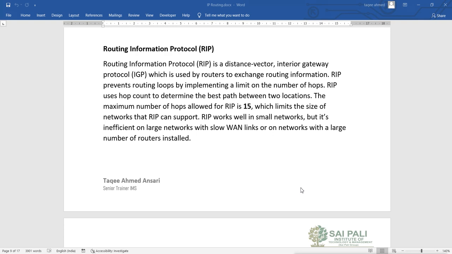So, dynamic routing. First we have done the static routing. Now when we do static routing, that means we create the routing table manually, and we make an entry of each and every router, each and every network manually, and that can be a very big task if you are having a big network. So static routing is good. It is good to work with static routing. It is good, fast, but it is for a small network. So if you are having a small network, it is good, you can use it.